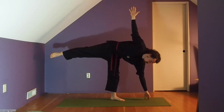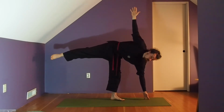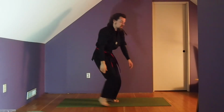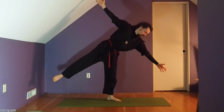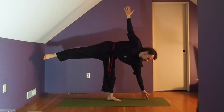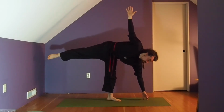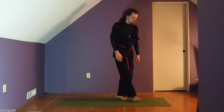and balance here. Same as with tree. If you can't do this one yet and you fall out, that's fine. You're looking for, can you reset, get back in on your own, make a big strong T shape and tip over and find some balance here. And then when we come out, don't just stand up. Rotate your T shape all the way back to standing up. And second side,